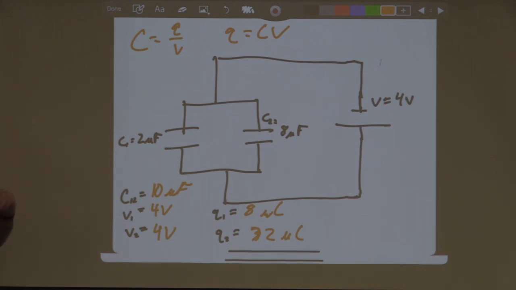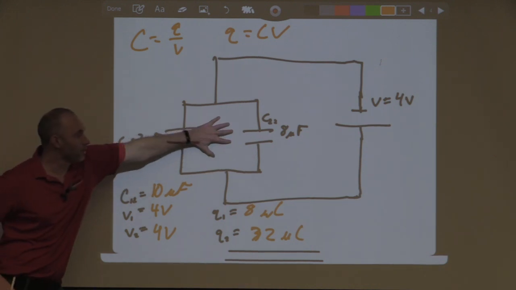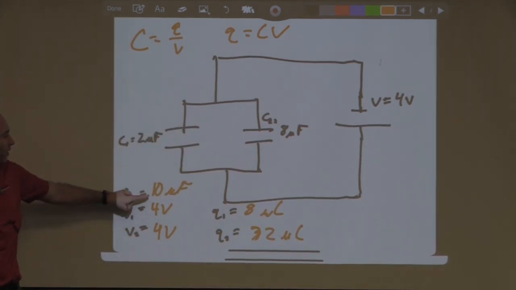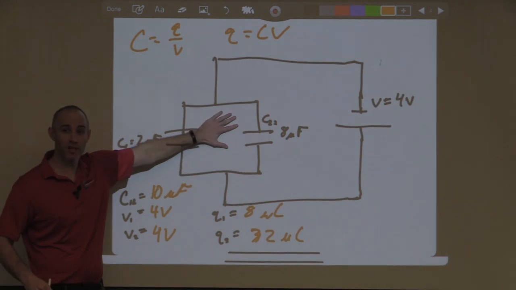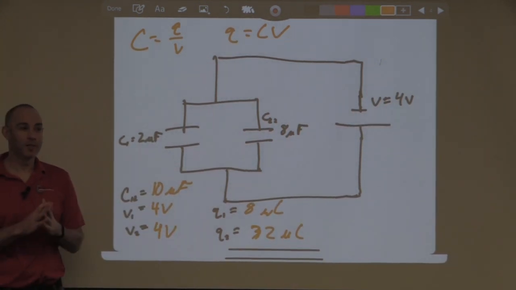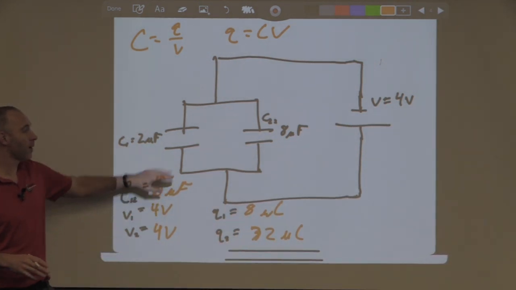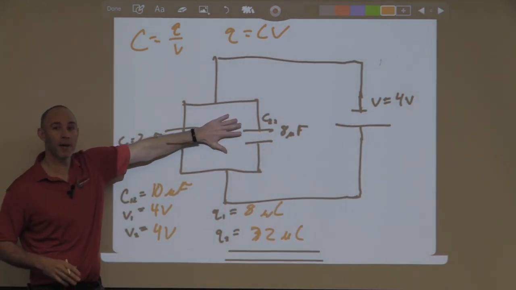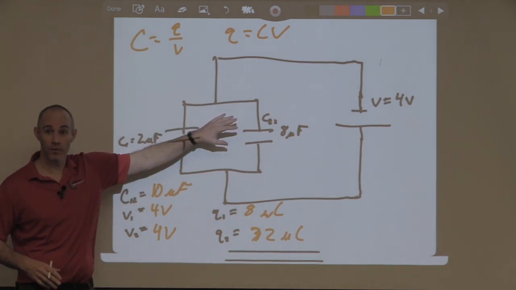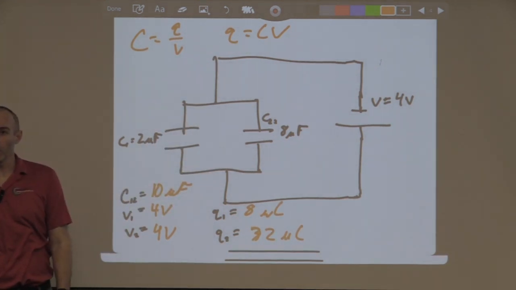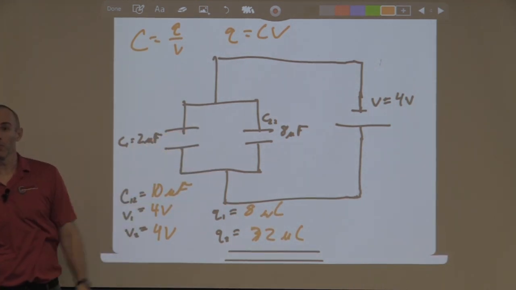All right, let me say it this way, and I think I'm saying the same thing that you're asking. If I took these two out and I put in a 10 microfarad capacitor instead, it would do the exact same job. There would be nothing about that circuit that you could detect as different. So that 10 microfarad capacitor is the equivalent capacitance for the two of them. So what would go on that 10 microfarad capacitor? Well, it would be 10 times 4, 40